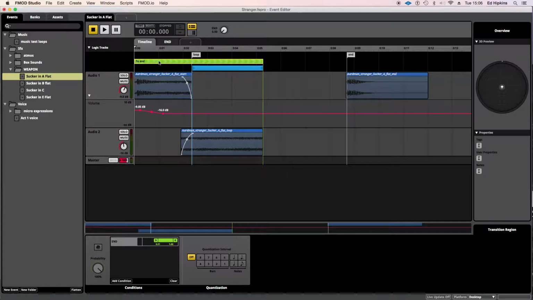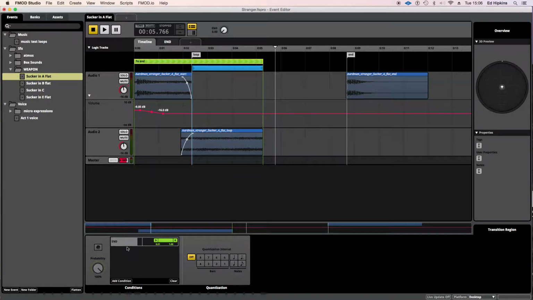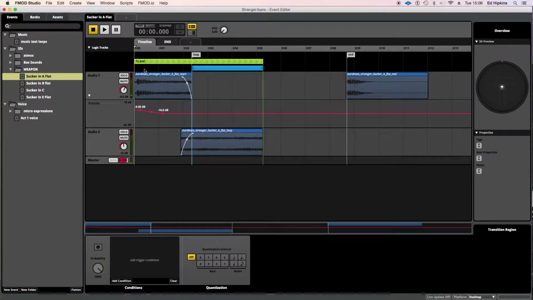Let's have a look at this. Here's the two ends. So you'd need to add a transition region to the end, and then within that, let's have a look what happens now. Let's go to the beginning. This is just taking you to the end because you haven't defined the parameters with which you have to go to the end. So what you do is you add a